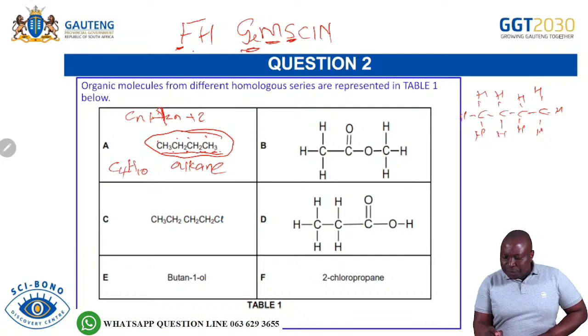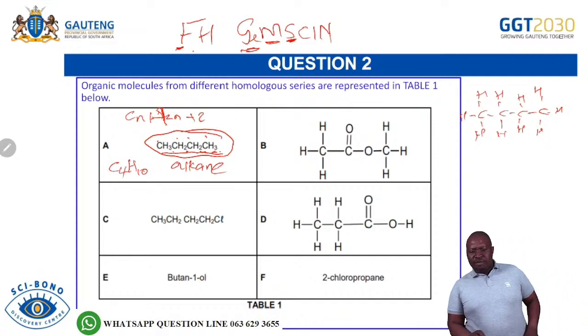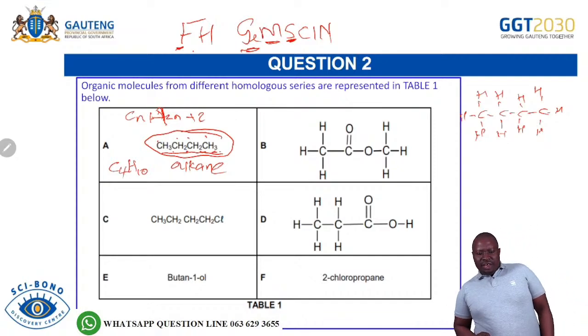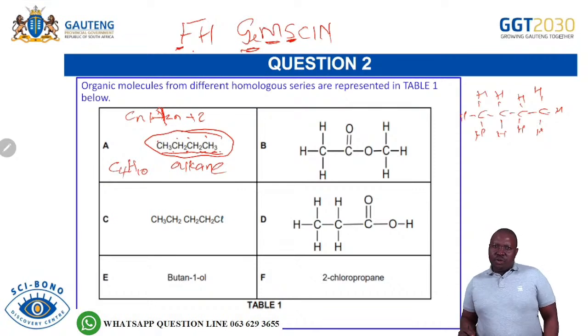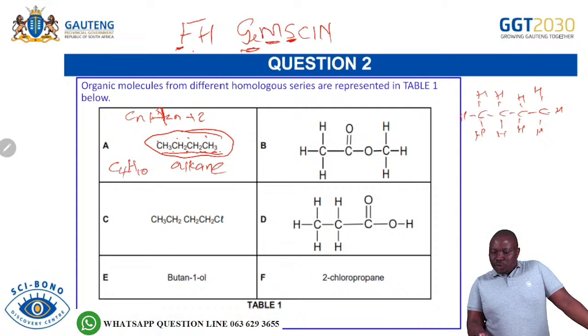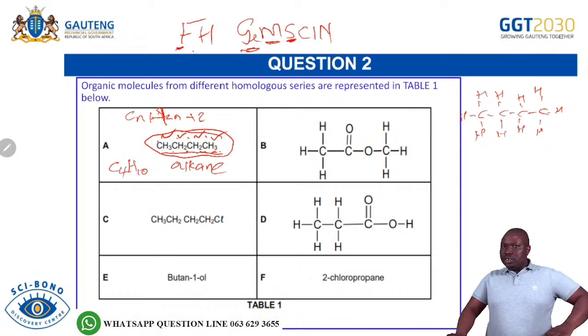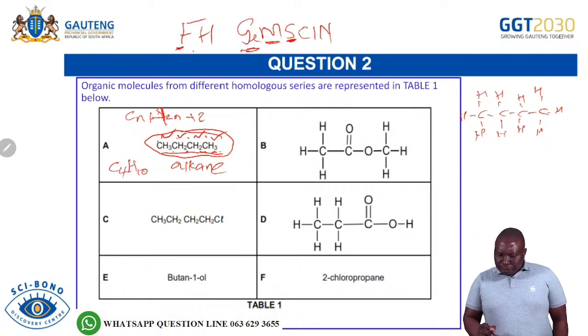Now, you see, I included C there for condensed structural formula because this is a previous question paper. And if we don't know condensed structural formula, you might have a challenge. So you have to know that a condensed structural formula is a structural formula that is condensed. So what we simply did there is to take this carbon and check how many hydrogens are attached to it. Then it's CH3. You can see that. Then the second carbon is attached to 2 hydrogens. Then we write it as CH2. Then the next one is CH2. The last one is CH3. So know the condensed structural formula because you can see our examiners, they're asking you those questions. So you have to know that. Now, that is condensed.